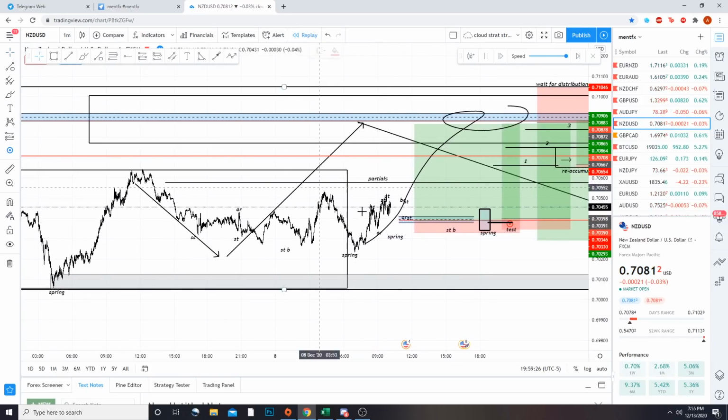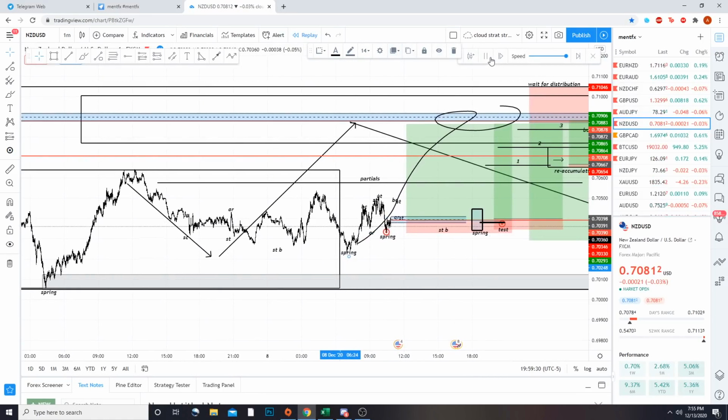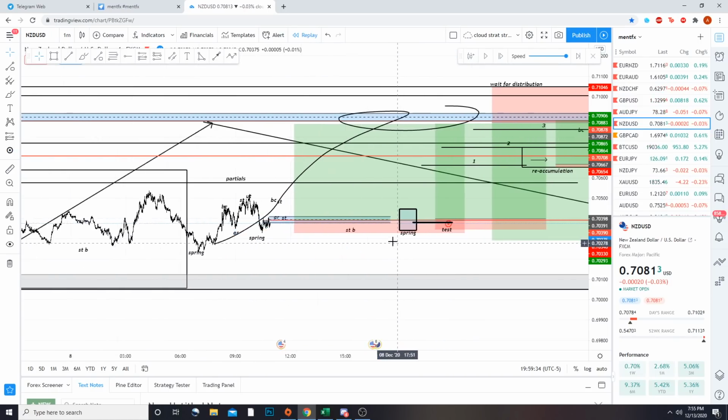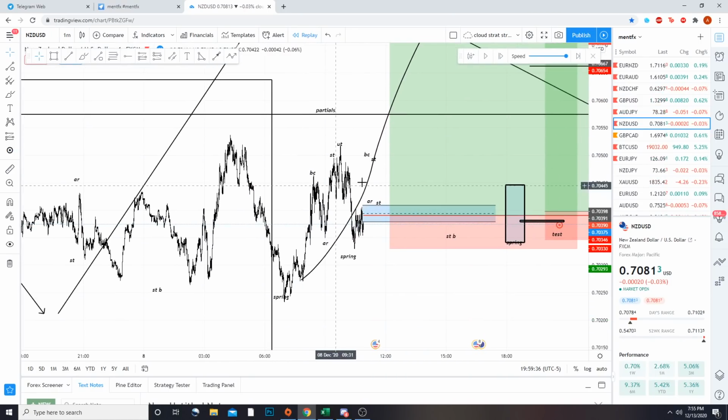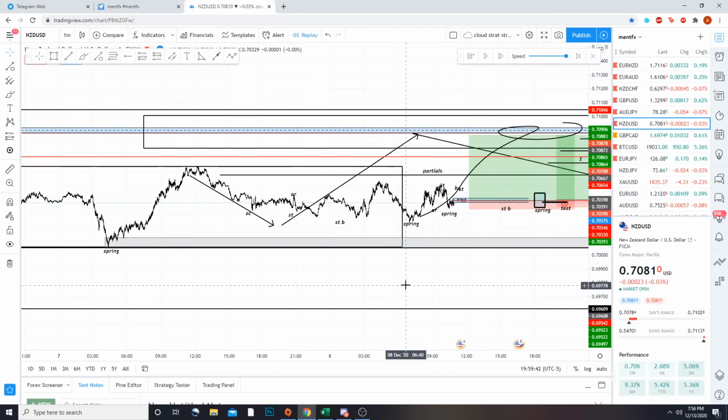And the spring acted as a test, if you want to think about it, of this spring. So that spring acted as a test. So now we needed a test of this spring, right? And as we were expecting that, let's get even lower, right? So we had this reaccumulation in here occur, right? So in essence, think about what we have here.